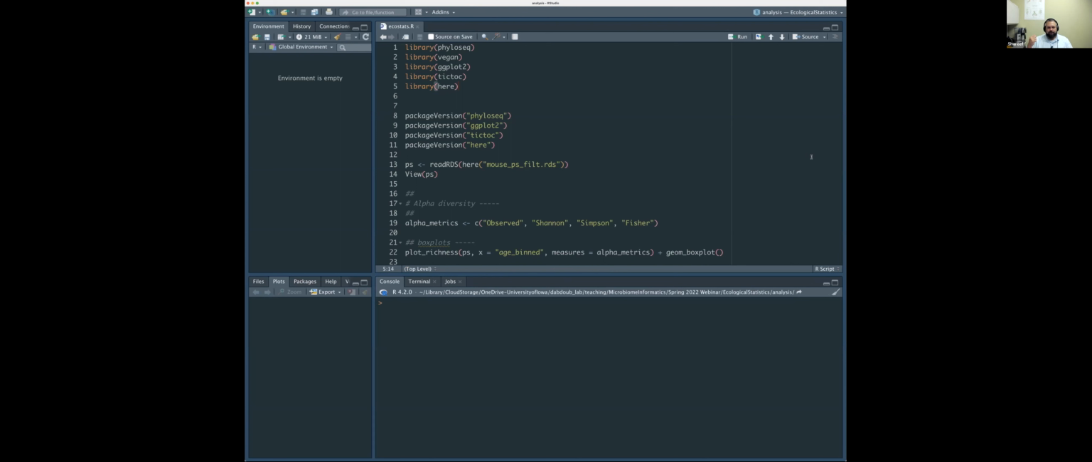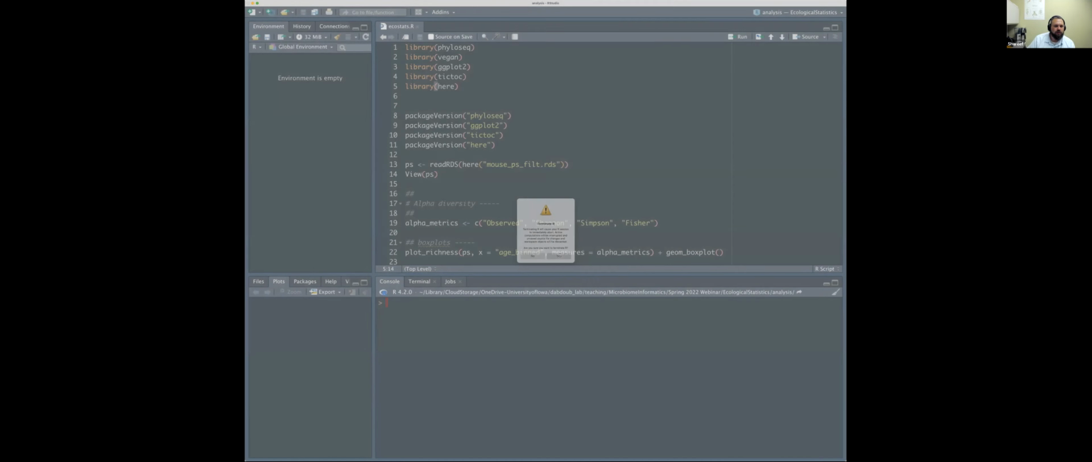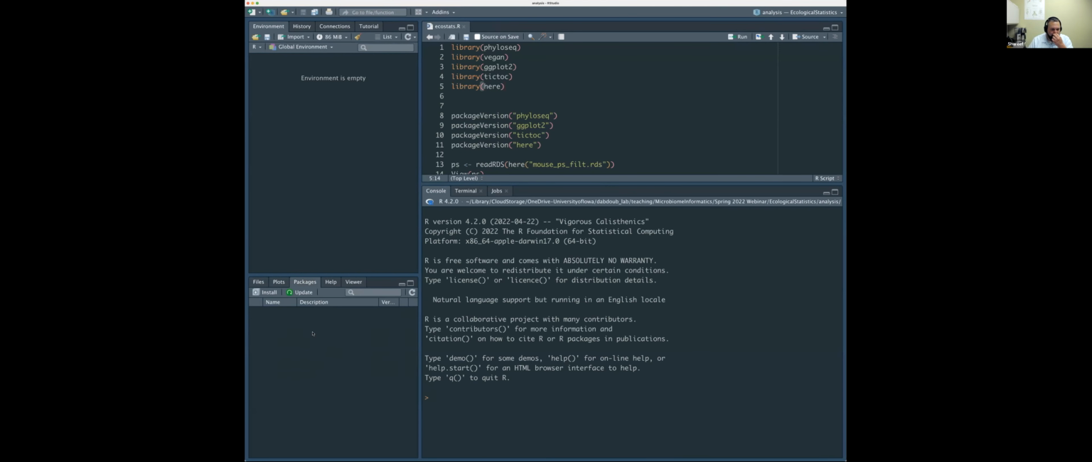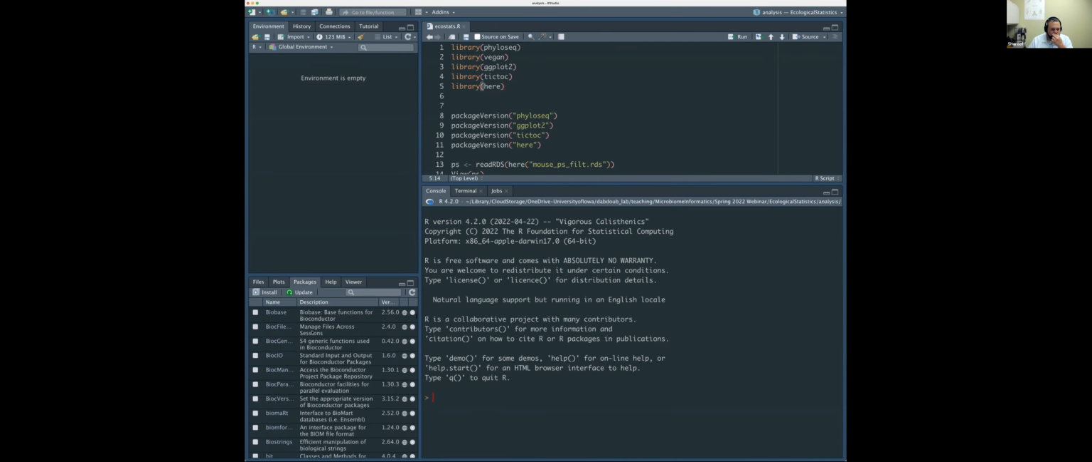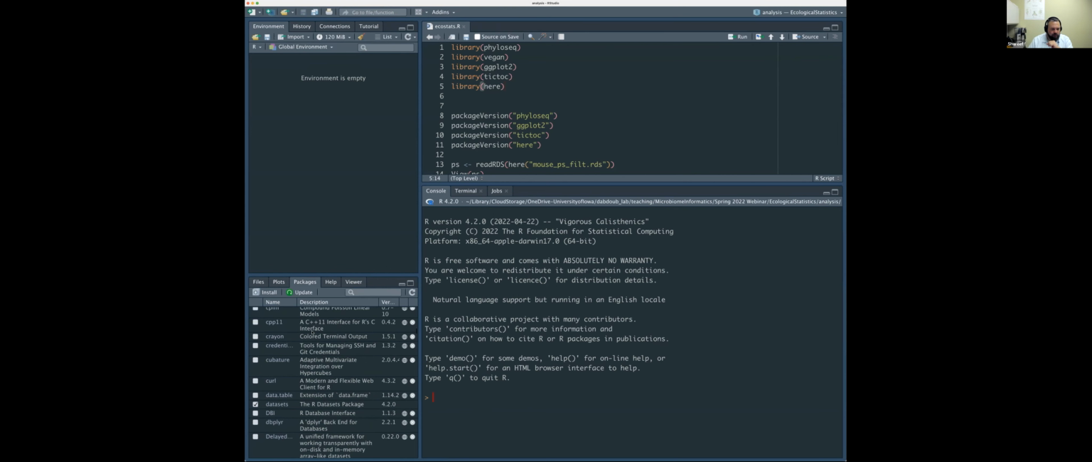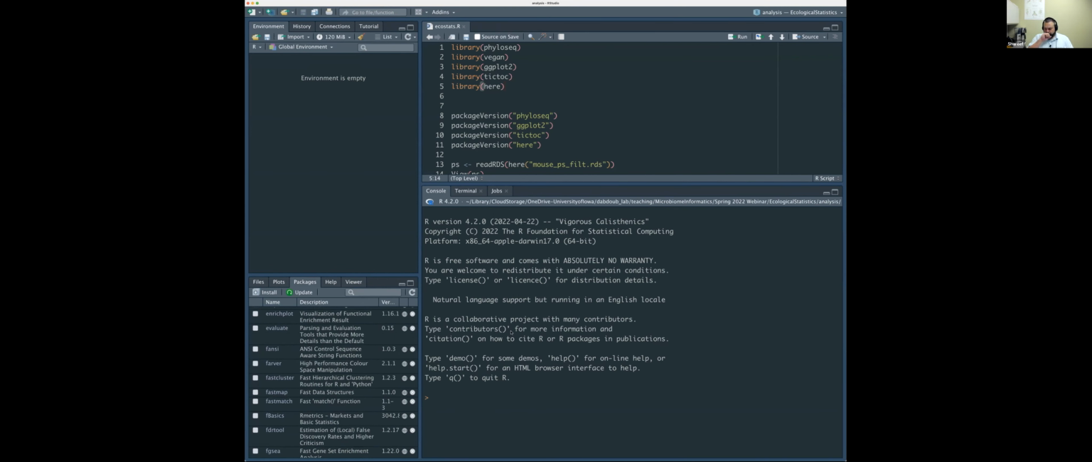So if you load multiple libraries, some of those libraries might have the same names. Actually, let me restart my R. If we go through and reload packages, okay, it looks like I reset it. But yeah, to answer your question